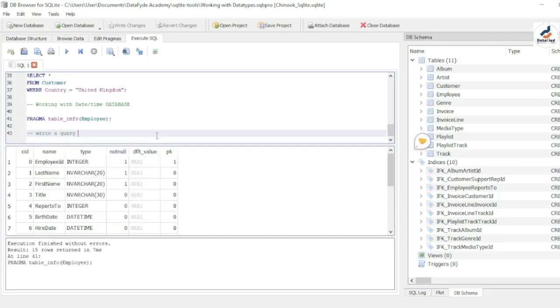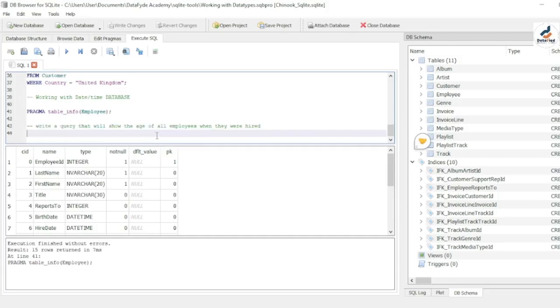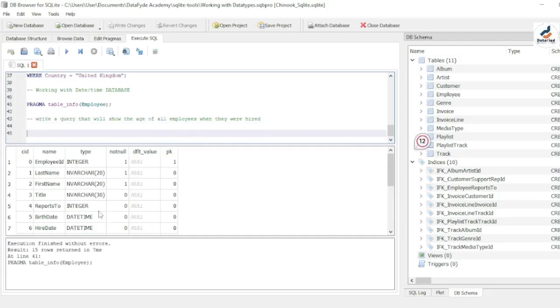Write a query that will show the age of all employees when they were hired. Alright, so we want to basically show the age of employees because, hey guys, right, we